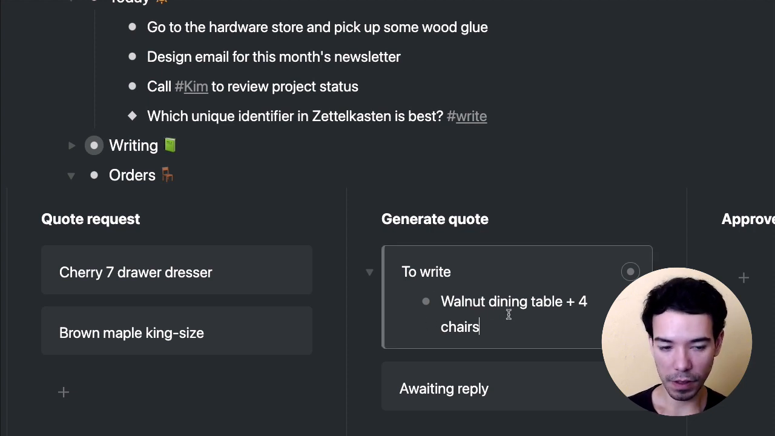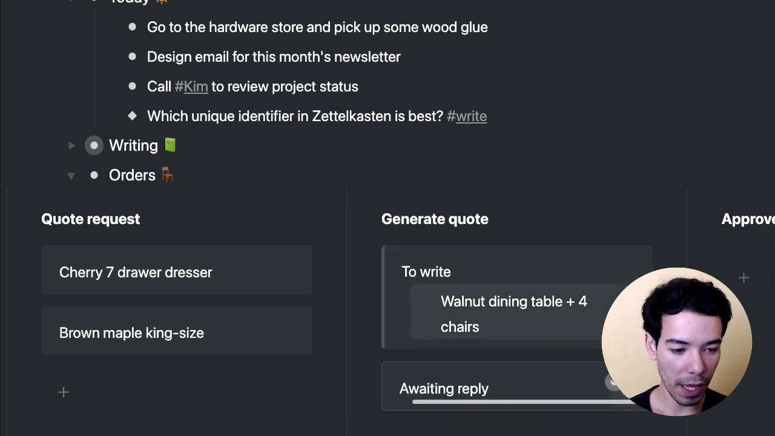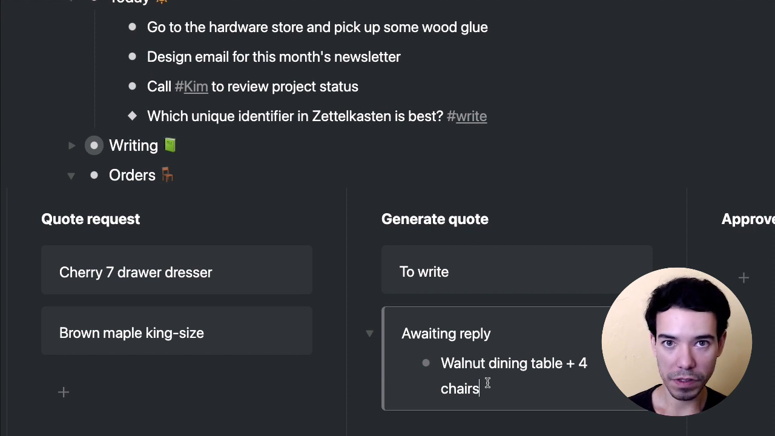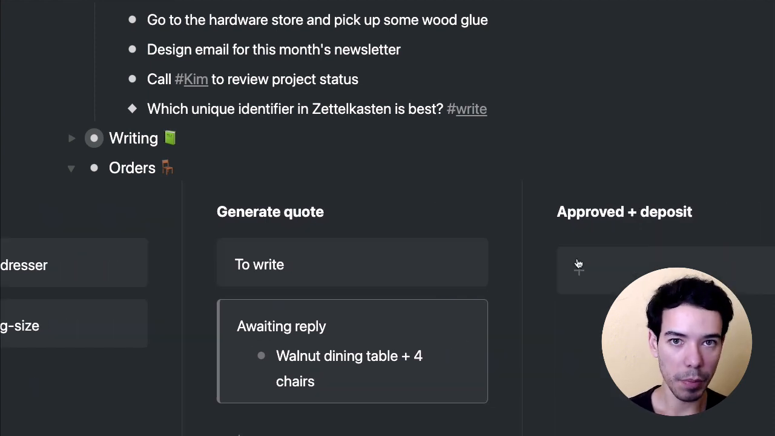So that's a step for me. I need to write the quote. Then once I'm done and I send it, I would drag it into the awaiting reply. And then once the customer gets back to me, then I would finally move it into the approved and deposit column. So if you want to break down your main column into 1 or 2 different steps, you can do